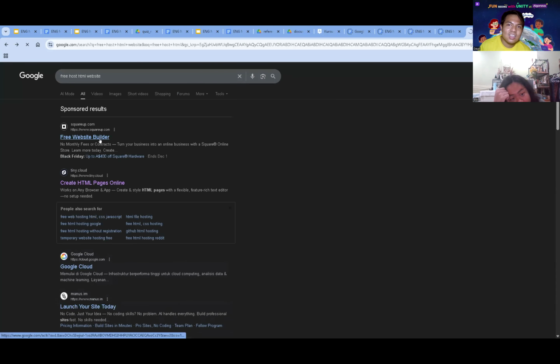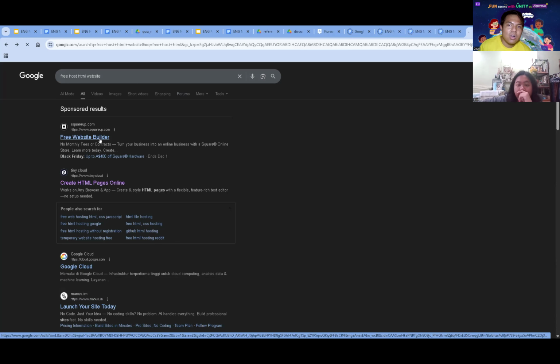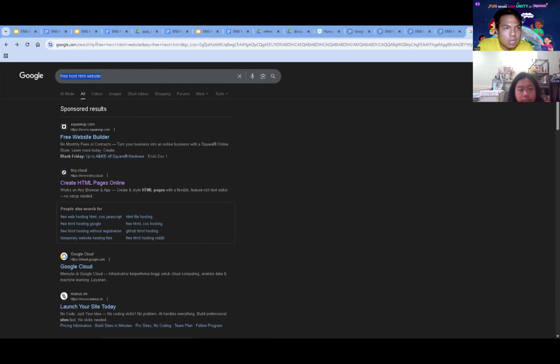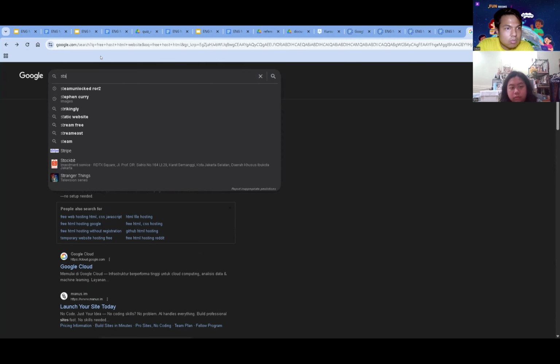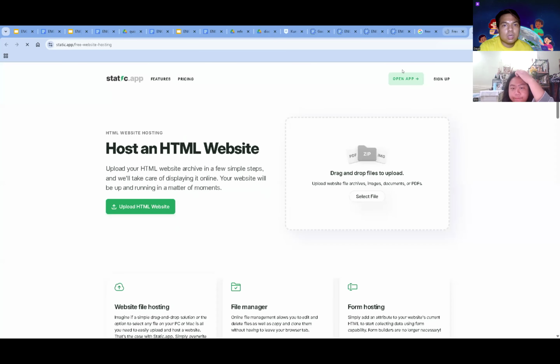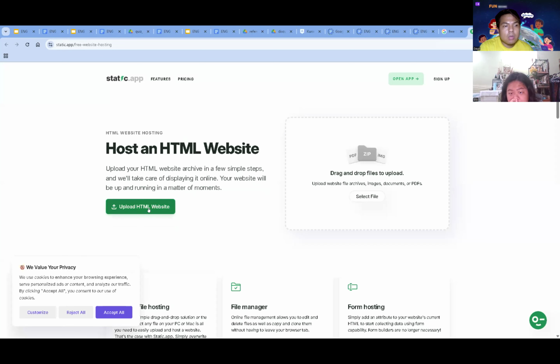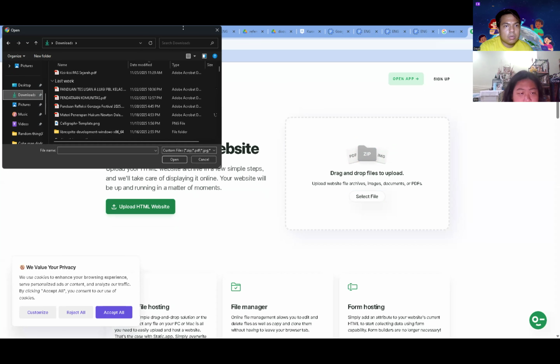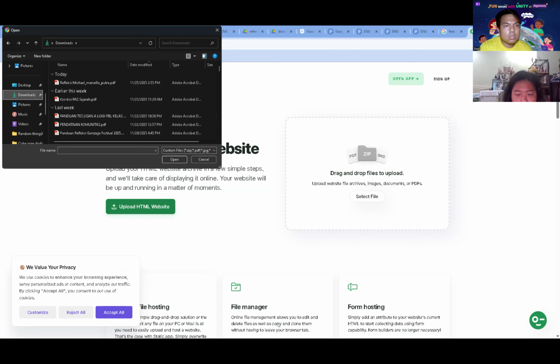Oh no, it's still loading. How about you click this one? It's called Static, but I don't know why it doesn't appear on your screen in your browser. You can copy the link and then open it. Just upload it. You don't have to sign up, I think. Click it, open. Where is the file? Where do you store it?